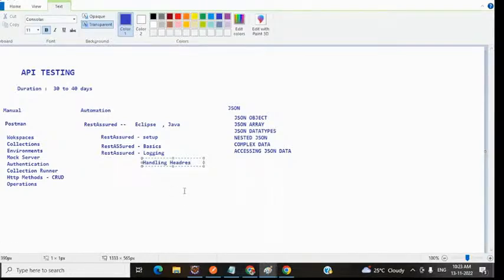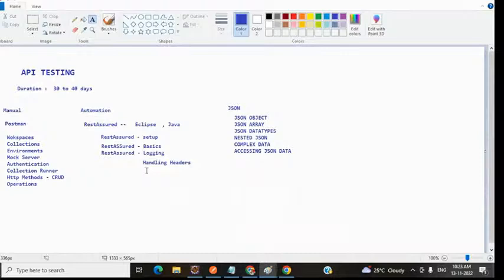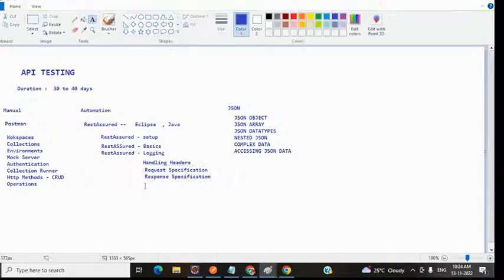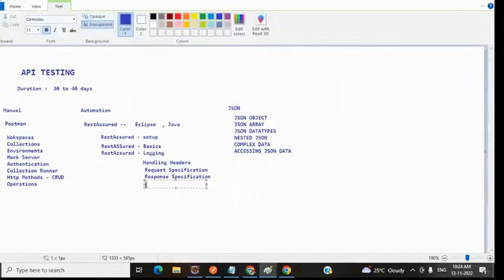Then handling headers, something called request specification, and response specification. After covering request specification and response specification,